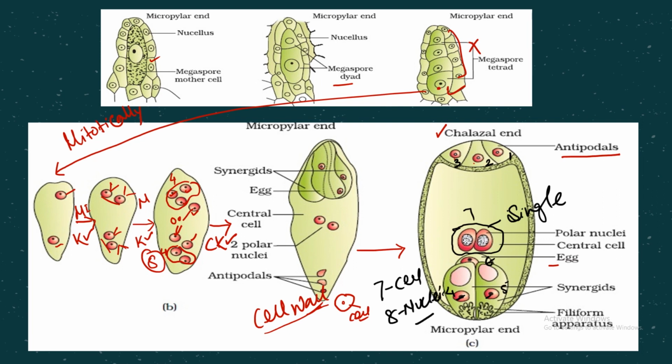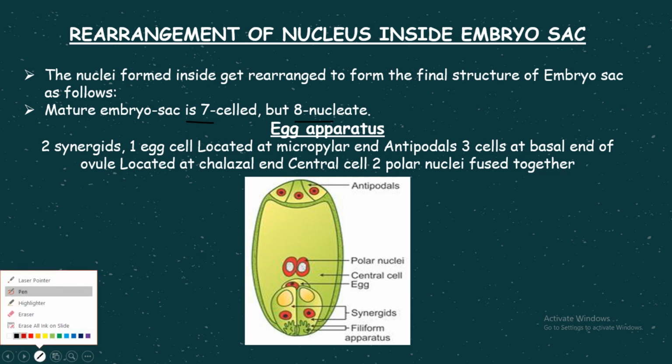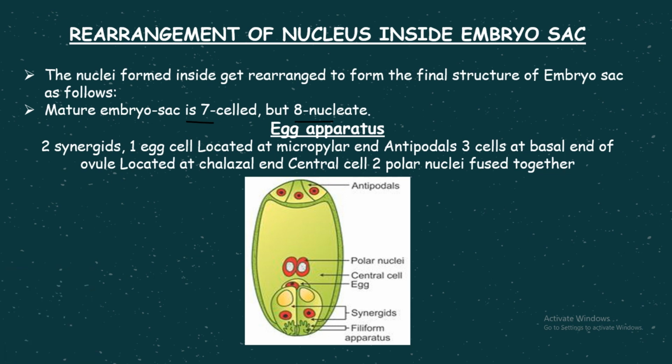Okay, so just look into this picture. Here it's written: the mature embryo sac is 7-celled and 8-nucleated. Okay, clear? So how it is formed, we already know. Count the total number. There are a total of 2 synergids. Remember, the synergids are always found close towards the micropylar end, and this end is the chalazal end. So 2 synergids, 1 egg cell,